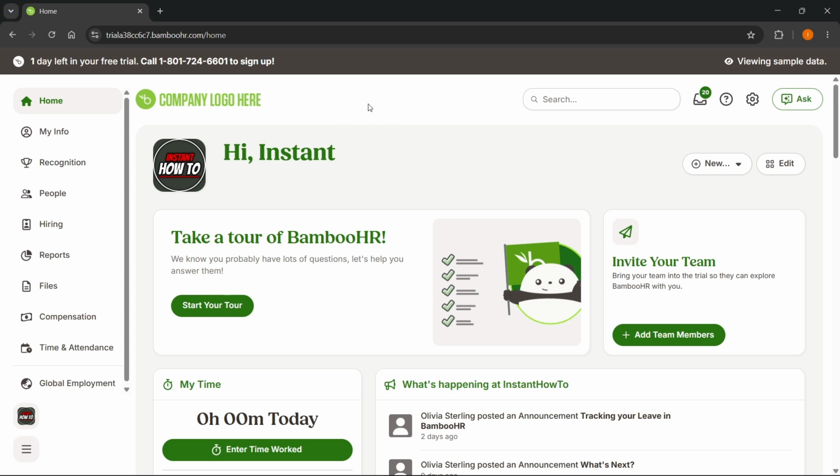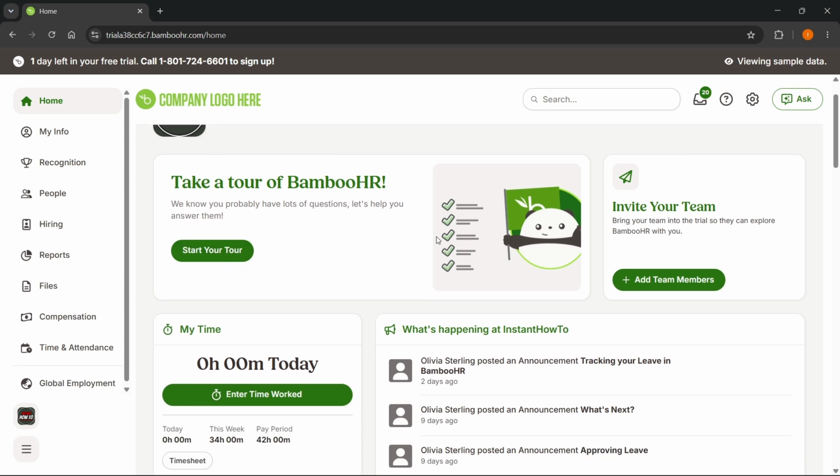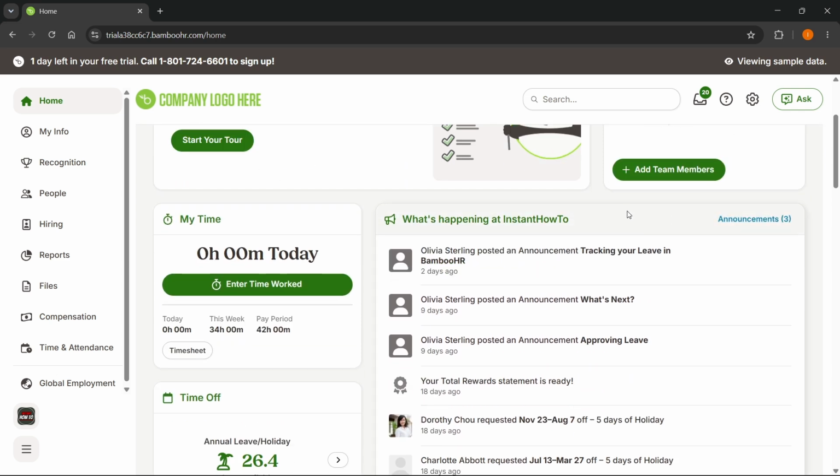So by default, when you sign into your dashboard, you're going to be on the Home tab. On your Home tab here, it's going to basically greet you, and then over here you have a few buttons. You can quickly create a new employee and new report, of course, if you are the admin, which I am of my workspace over here, and you can also edit things over here if you want to. Then you'll be able to start your tour over here. You'll be able to invite your team if you're the admin,